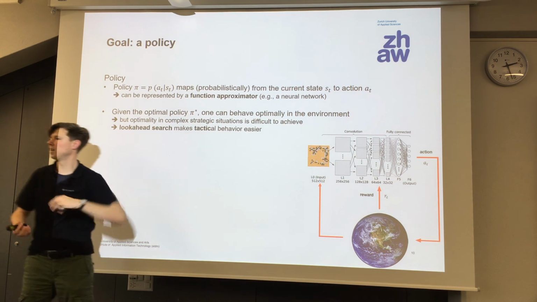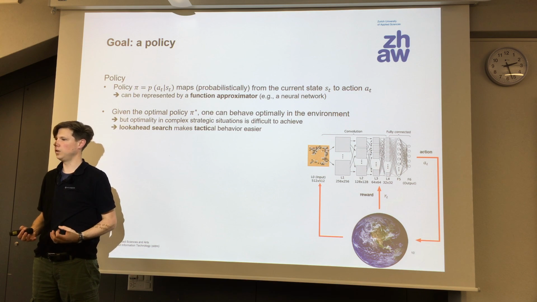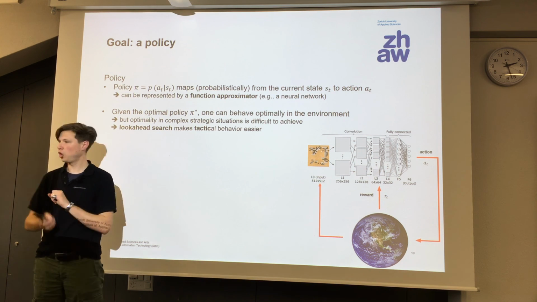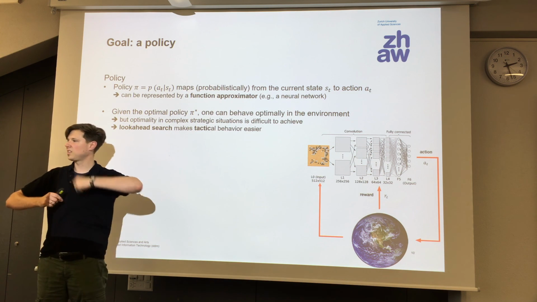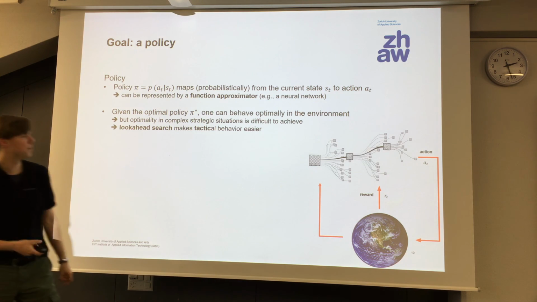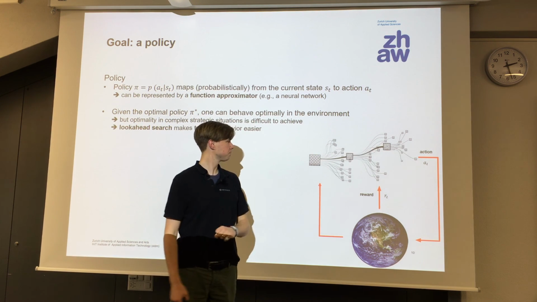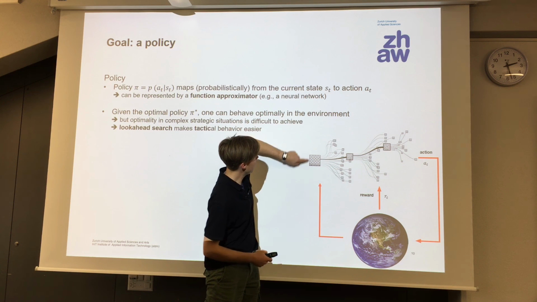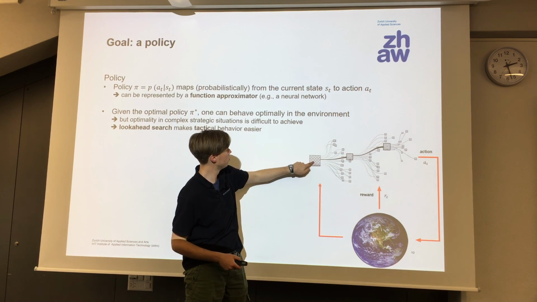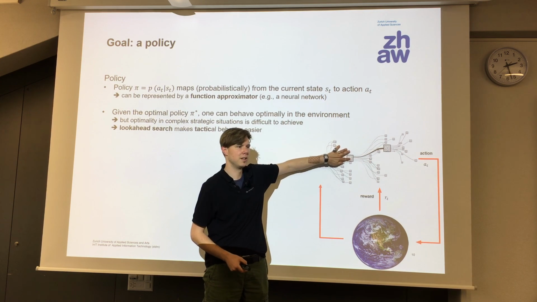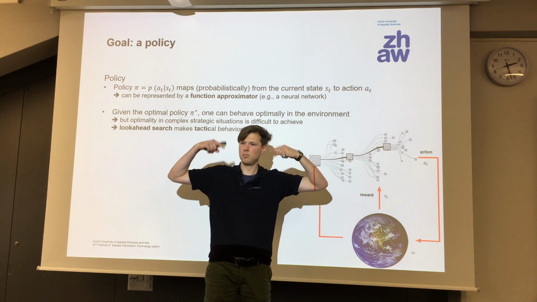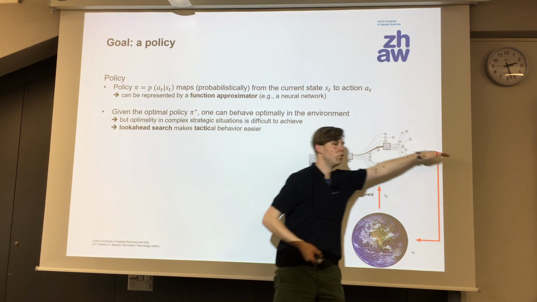The function approximator is something like intuition, a gut feeling. Oh, I see the board, I should do this. A look ahead search would add some tactics, some more thorough planning to the intuition. How could that look like? Imagine you have a board, and now you plan. Okay, what happens if I play like this? Then we arrive here. Maybe not so good. What happens if I move here? Then I will arrive here. What happens now? You simulate in your agent a couple of moves ahead.